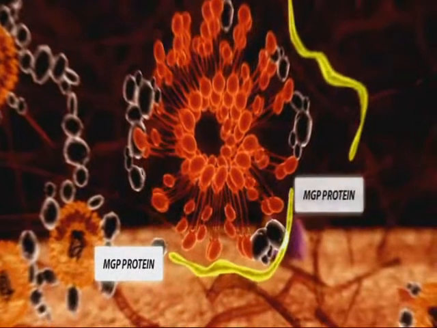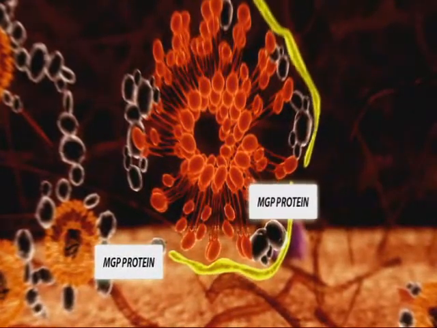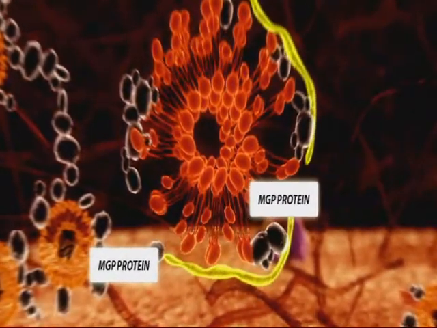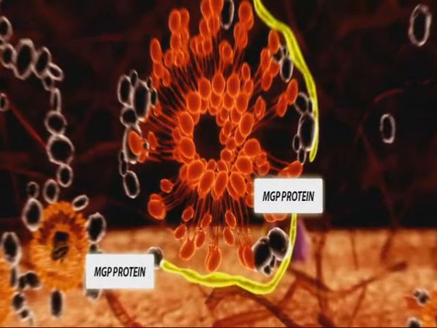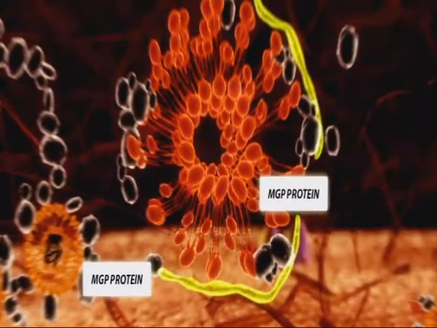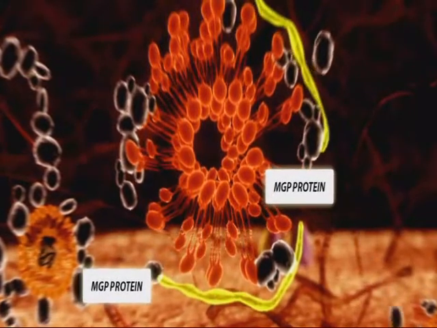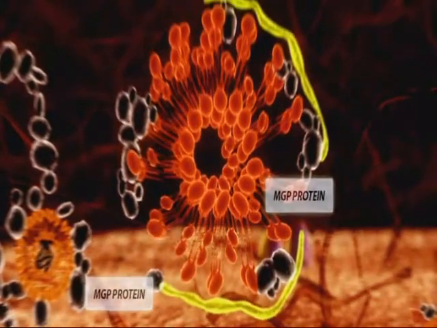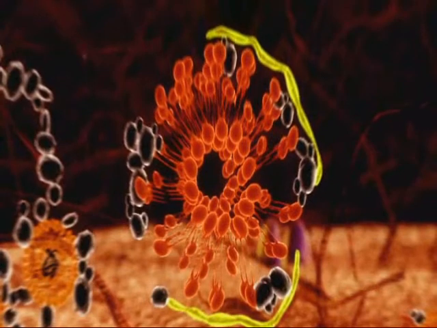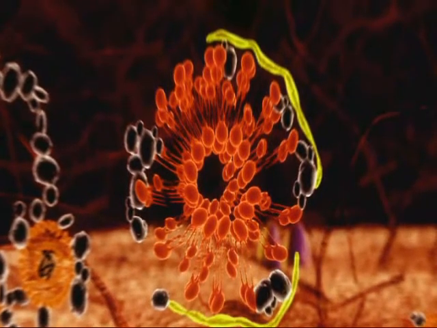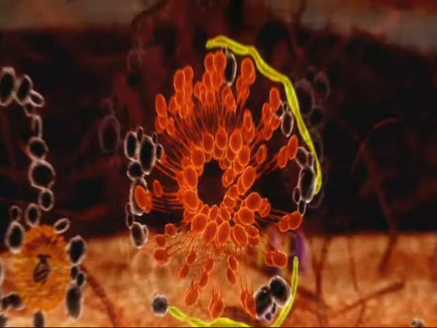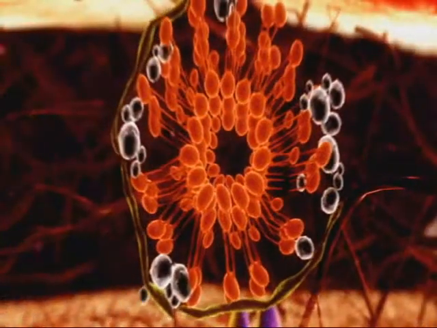Here, it will find and bind the calcium crystal structures. This is because it has a high affinity for these structures. When sufficient MK-7 is present, active MGP will be released in sufficient quantities. It will bind and cover these structures, leading to a broad protection against further crystal growth.